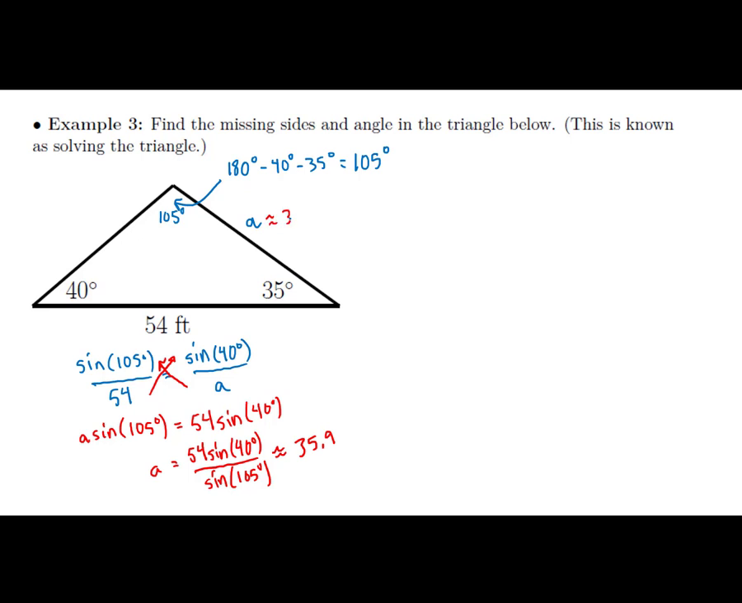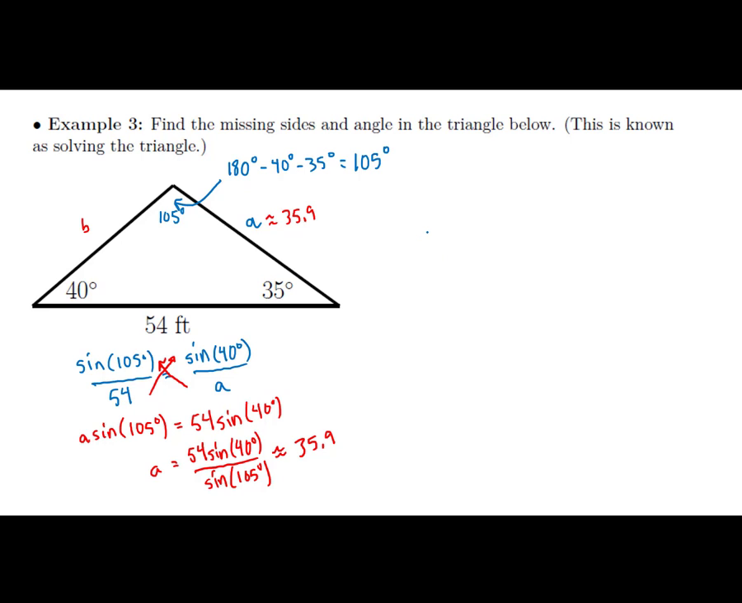Not exact, but approximate. Okay, so that gives me A. And now that I know A, I suppose I could use the law of cosines if I want, but when possible, I'm kind of partial to the law of sines because it's just simpler and it's easy to remember. So to find our other side here, to find B, then we'll just go ahead and set up another